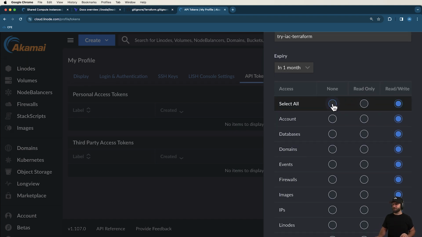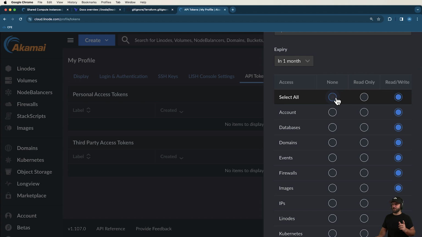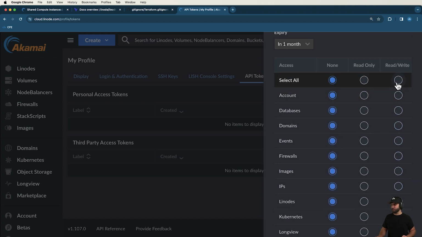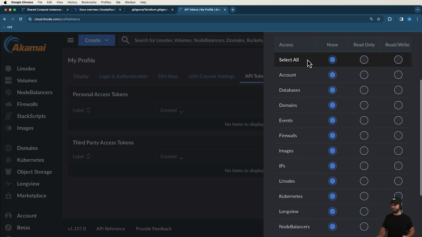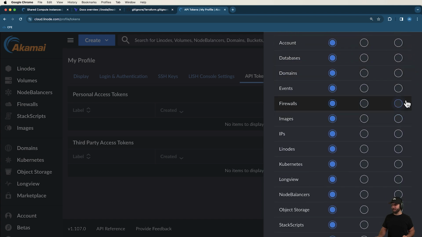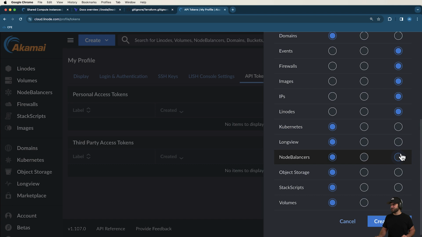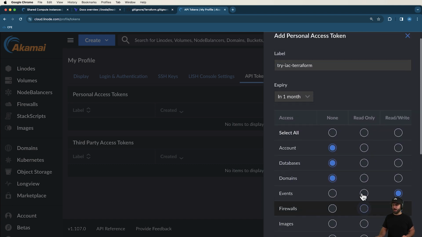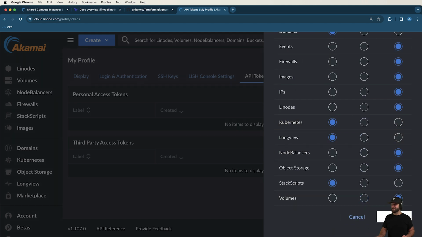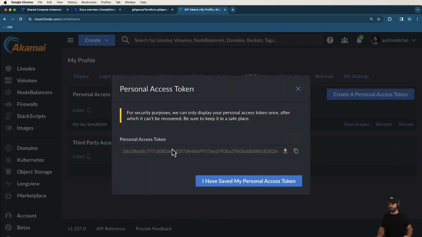Now, generally speaking, I would say you should add only the things that you need for this token. You probably don't need everything, so I'm going to go ahead and just do select all for none. And then I'll go ahead and say I want the events. Terraform probably needs the events. I'll do firewalls, IPs, linodes, node balancers, object storage, and volumes. Okay. You can obviously pick and choose these, and since it's so easy to create these tokens, you can always